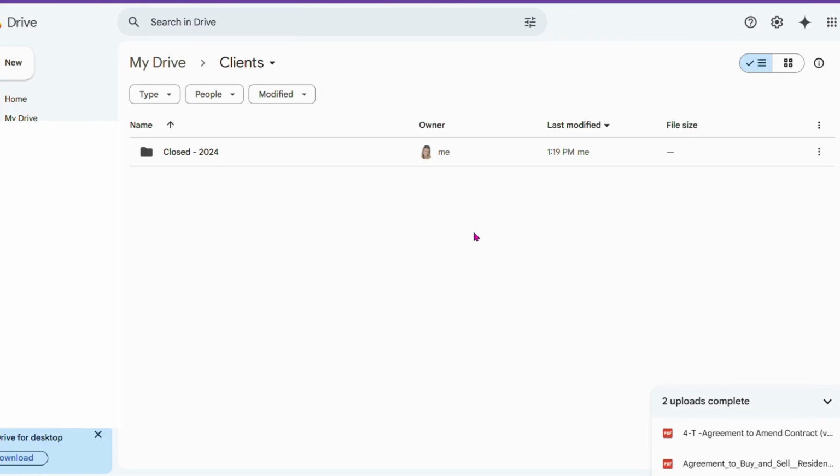And then my last tip, this isn't necessarily specific to Google Drive, but I highly recommend that you have an external hard drive that is also backing up this information. And then after a certain amount of years, you pull the items that are in that Google Drive and put them in that external drive. This is going to help you to keep room on your Google Drive without having to pay for additional storage. You will have to make one lump payment to pay for the device that will hold those documents on, but